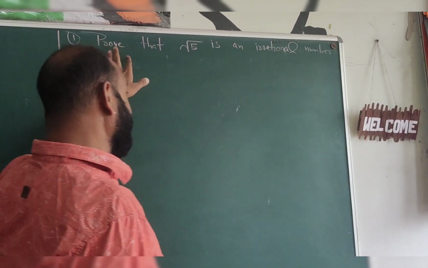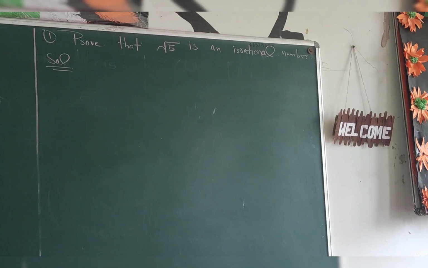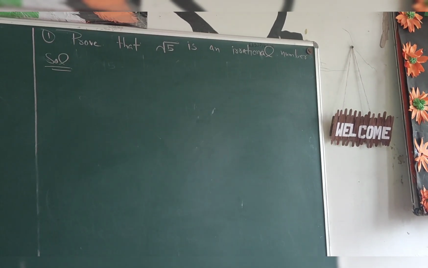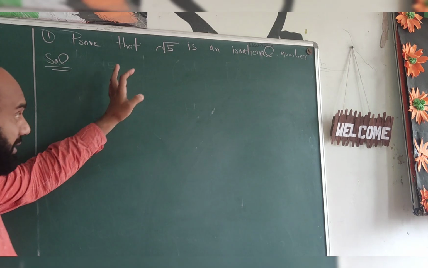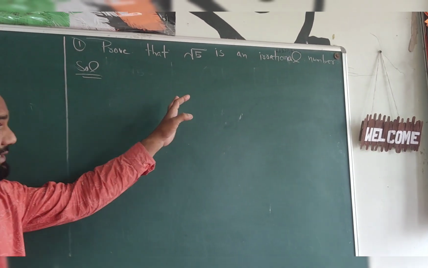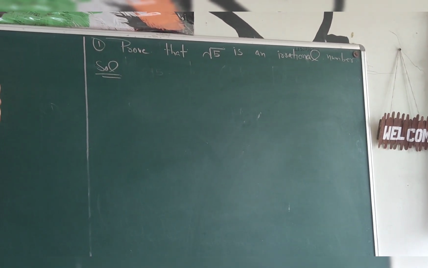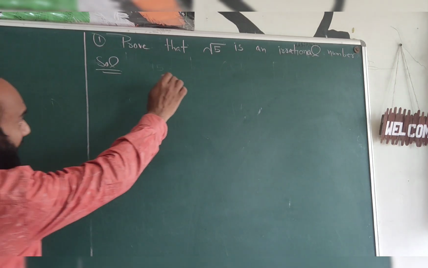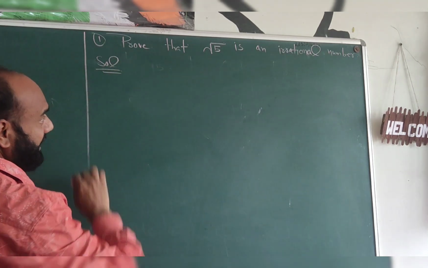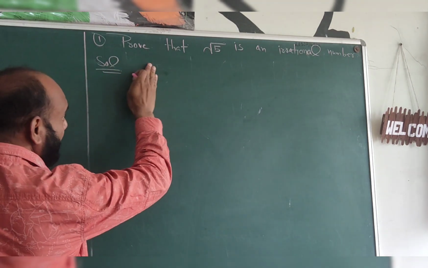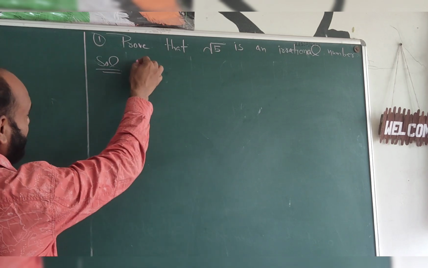And the next question is: prove that root 5 is an irrational number. This is a very important question, and these types of questions are asked in board exams. So let us start this question. Root 5 is an irrational number. To prove this, we suppose